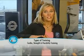Exercise is really a 3-part program. It's about your heart, your muscles, and your joints. And that translates into cardiovascular training, strength training, and flexibility training. Well, if you like to walk, run, jog, do the stairs, or even the elliptical,